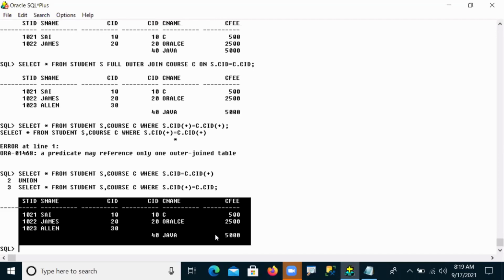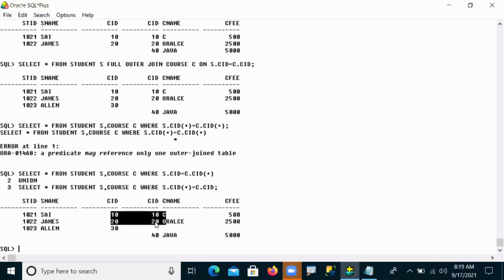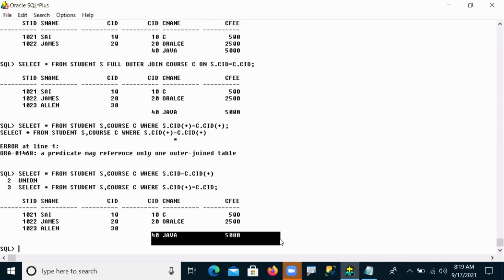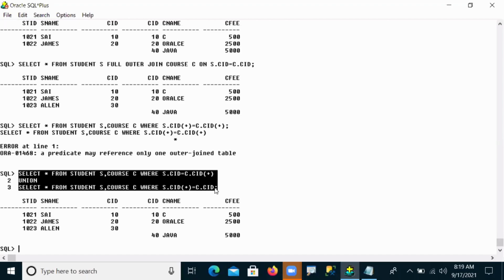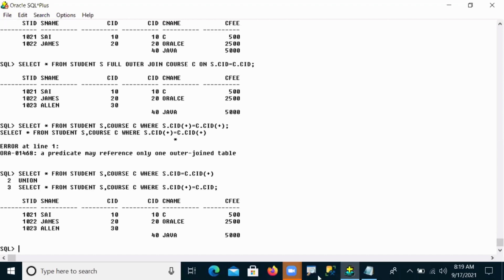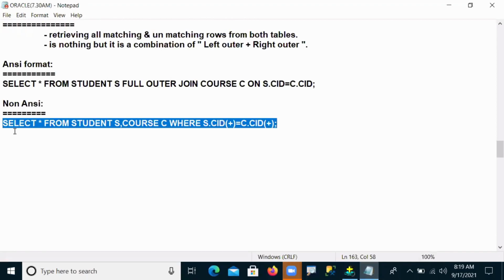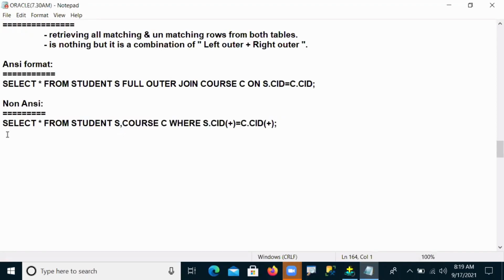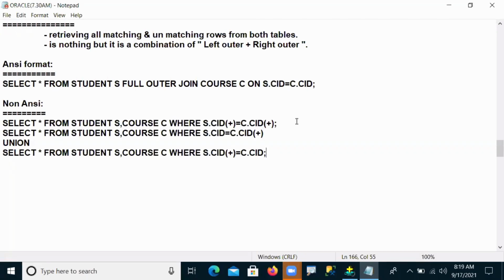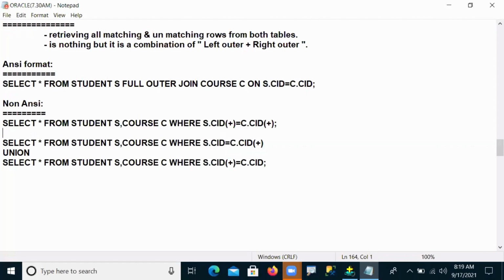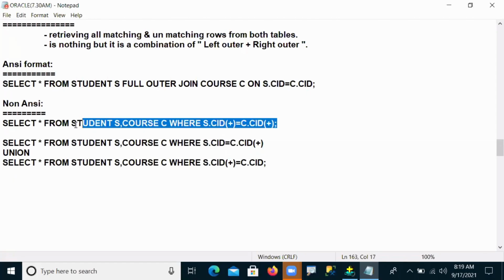So all matching data and unmatching data, 30 and 40 also, we got. So this is what we call the non-ANSI format of the full outer join mechanism.